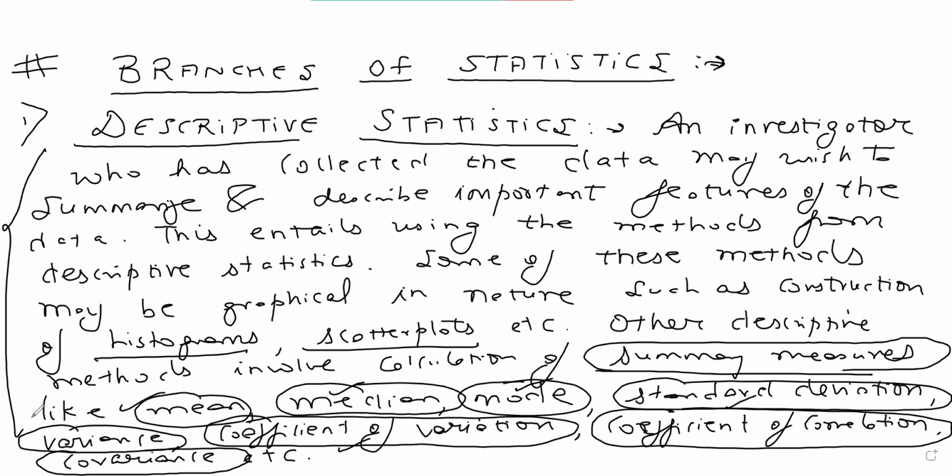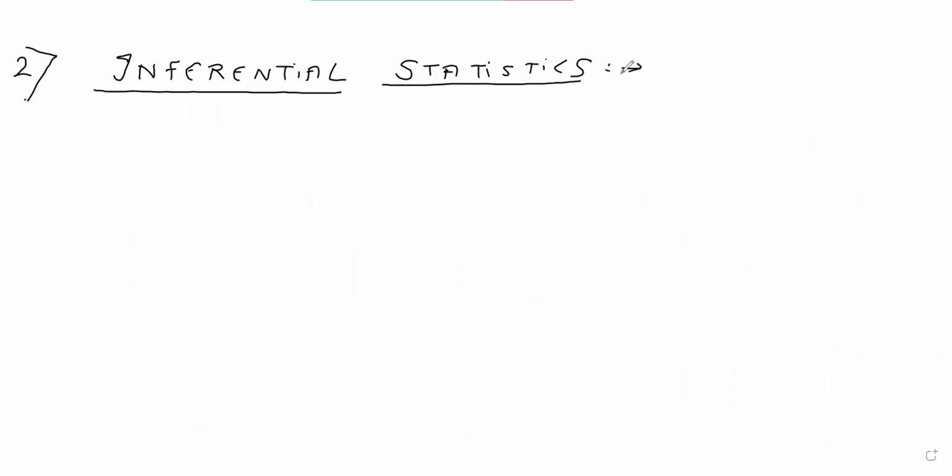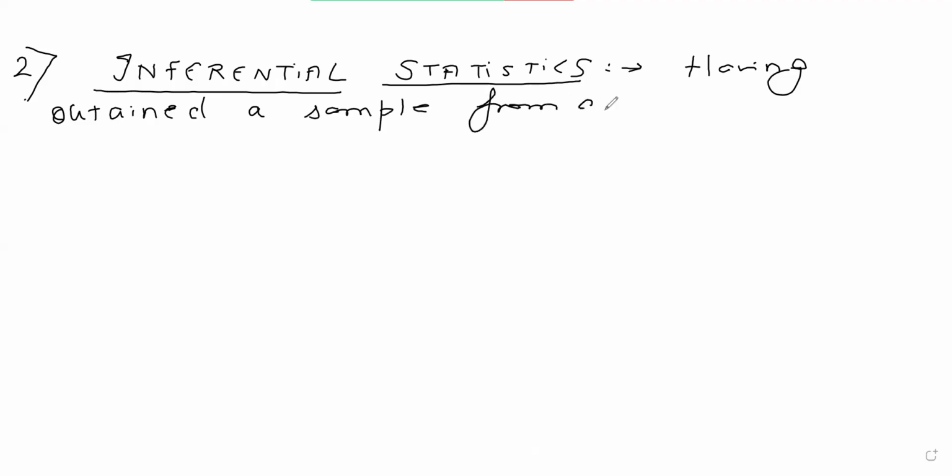After that, in the further modules, the next branch of statistics is going to come, which is called inferential statistics. So inferential statistics practically is not this module. This module is all to do with descriptive. Inferential statistics is something which I will be covering up eventually towards the end of this course. And what will this branch deal with? So it's all about sampling. So I can write having obtained a sample from a population,